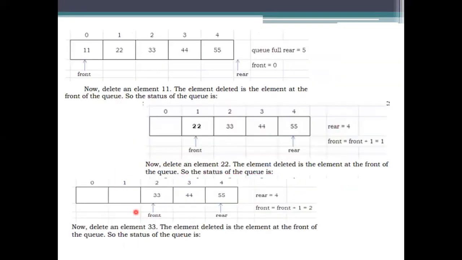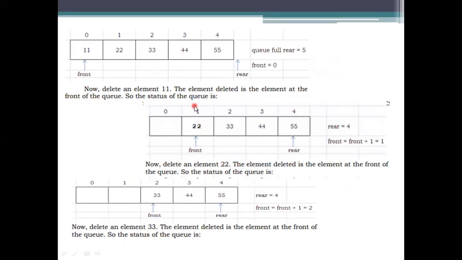If you execute the peek method before the deletion, the front pointer is pointing to the value at the subscript 0, that is 11. If I execute the peek method after each deletion, I get the values 22, next 33, next 44, and the next 55.